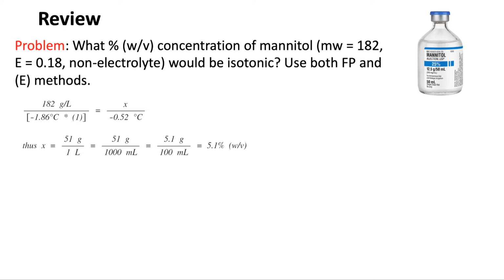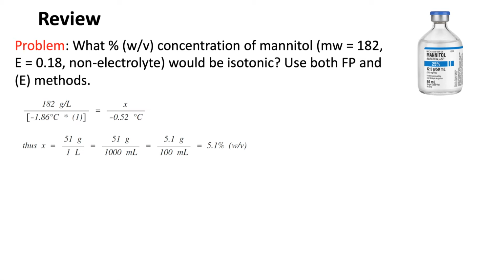But in the denominator, what we do know now is the freezing point depression we want, because we know an isotonic solution freezes at negative 0.52. That's the concentration I want to find, the concentration that produces a negative 0.52 degrees Celsius depression, because that would be isotonic. So if we solve for x, we would take our 182 times a negative 0.52, and then divide that by a negative 1.86,